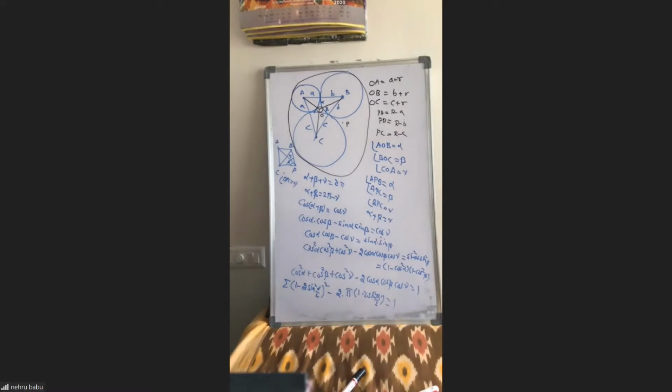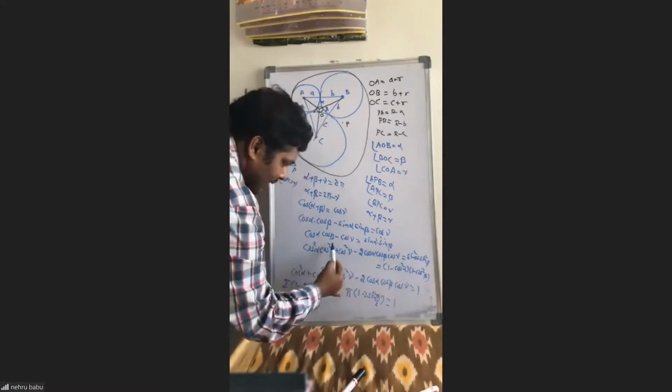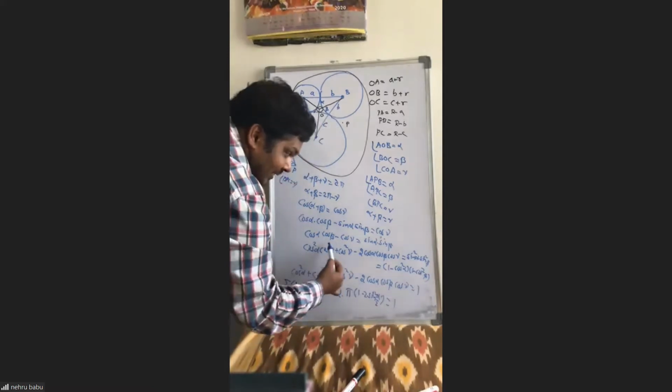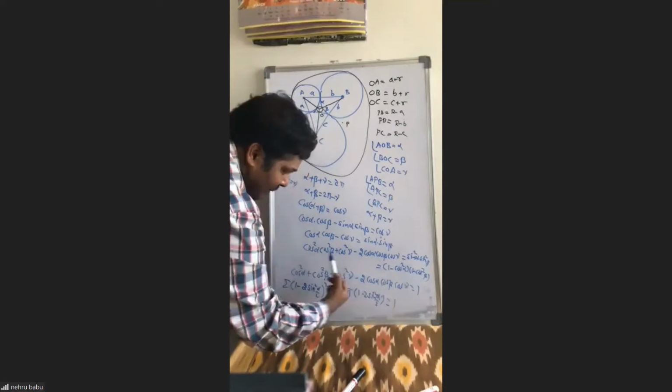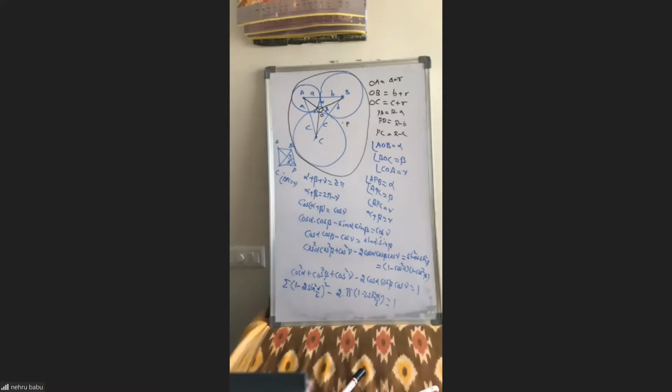Sir, you wrote 1 minus cos square alpha into 1 minus cos square beta on the RHS, sir? No, I didn't. I simplified it. Here if you multiply, cos square alpha, cos square beta, that is cancelled with this. Here minus cos square alpha minus cos square beta is left on the left side. Okay, sir. So cos square alpha plus cos square beta plus cos square gamma minus 2 cos alpha cos beta cos gamma equal to 1. Okay, sir.